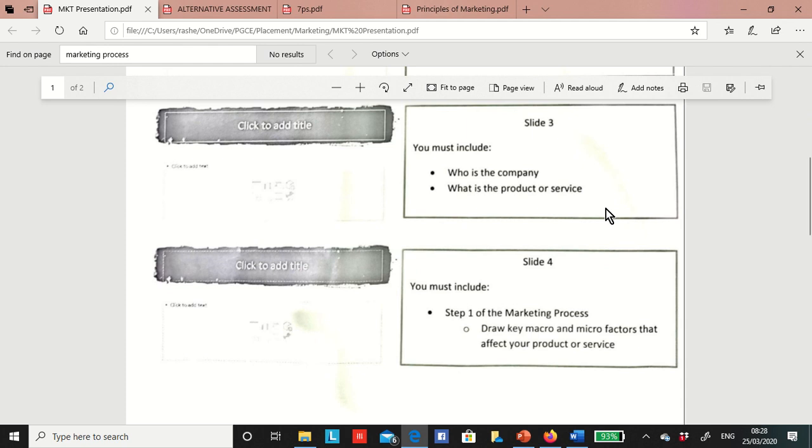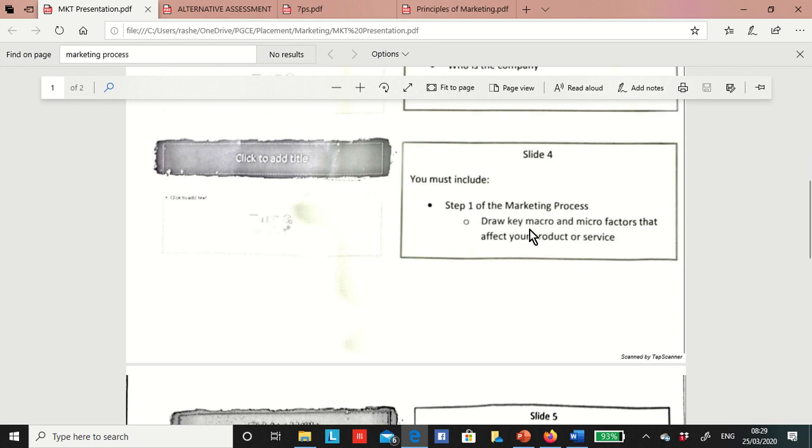The third slide will cover the company you have selected and the product or service you have selected from that company. For instance, if you are thinking about Coca-Cola, there's the name of the company and the product: a cherry Coke or classic one, PET bottle, Coke can. Okay.